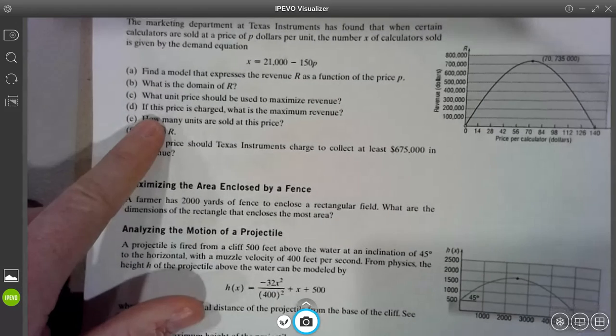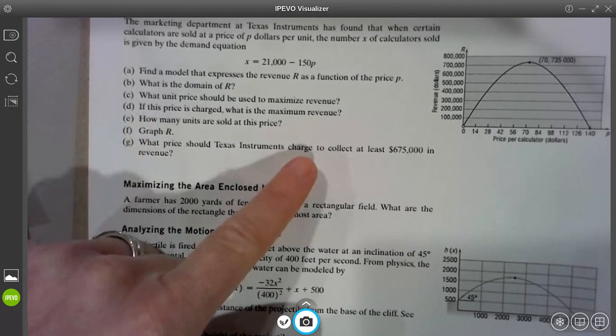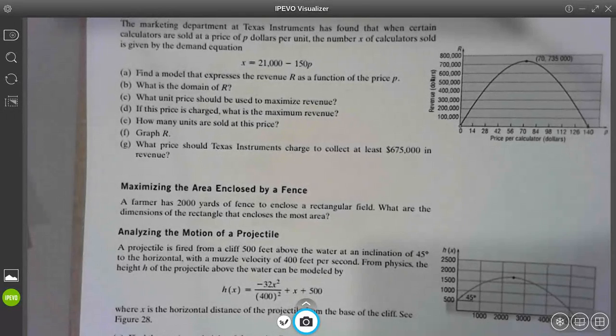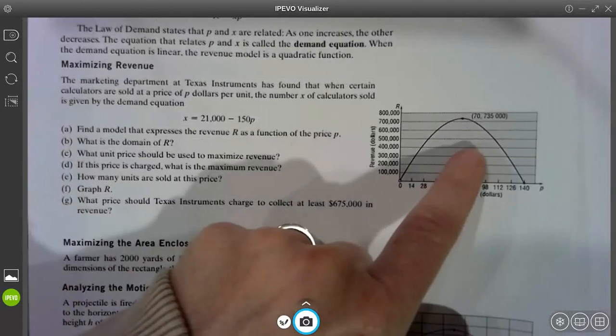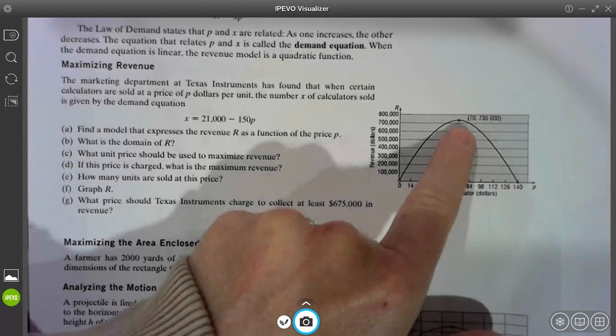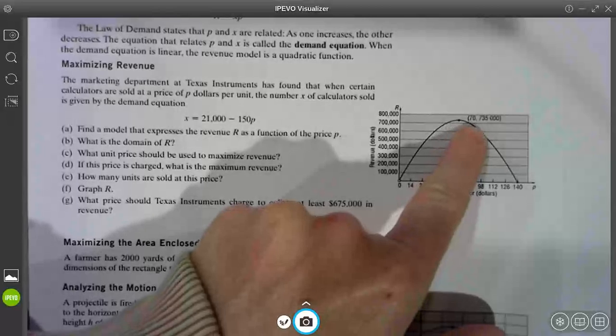If this price is charged, what is the maximum revenue? So guys, now you want to plug 70 in to see what revenue comes out. Now we can cheat this one, right? We see this point, and again, I gave you this graph just to reference. We can see that they have the parabola with the vertex labeled at 70,